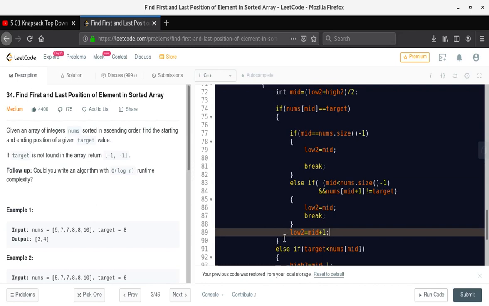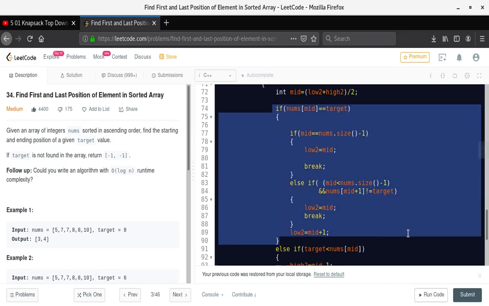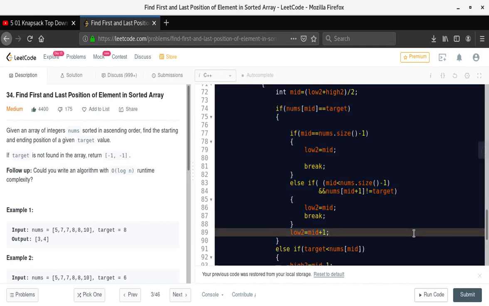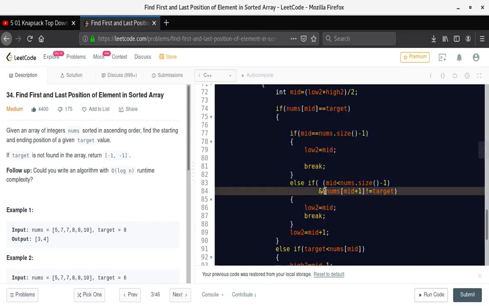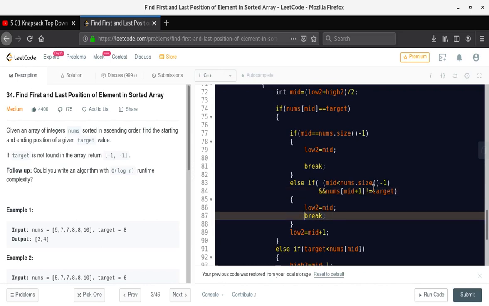You can look at this code carefully and just try to think. It's really simple. There we were checking the element before it, but here we are checking the element after it. If the element after it is not equal, then why do we need to go ahead? We just need to stop there, right? That is why we are using break here. If it is equal to the next element on the right side, then we are just assigning low 2 with mid +1, right?